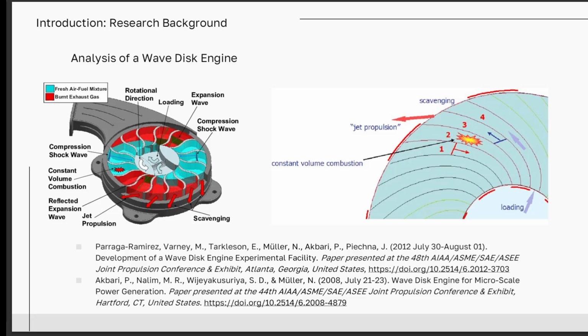The combustion of the gas causes a rapid local pressure spike. Under conditions where the pressure gradient between the surrounding air sections is extremely high, a shock wave is generated. The shock wave is reflected off the closed rotor walls, further increasing the gas pressure and temperature. As shown in the figure on the right, when the exhaust port is opened, highly compressed gas is expelled through it, producing jet propulsion.